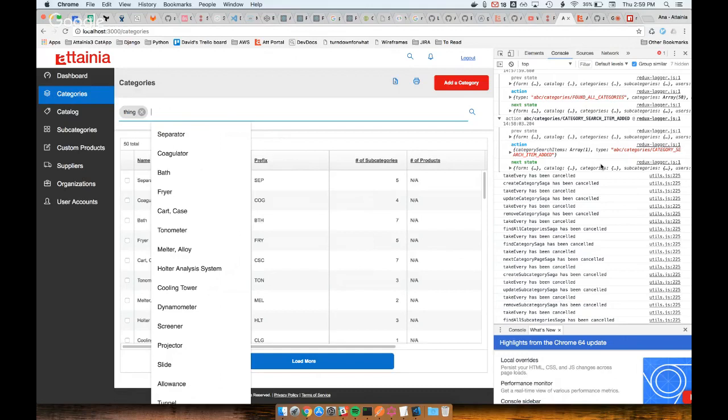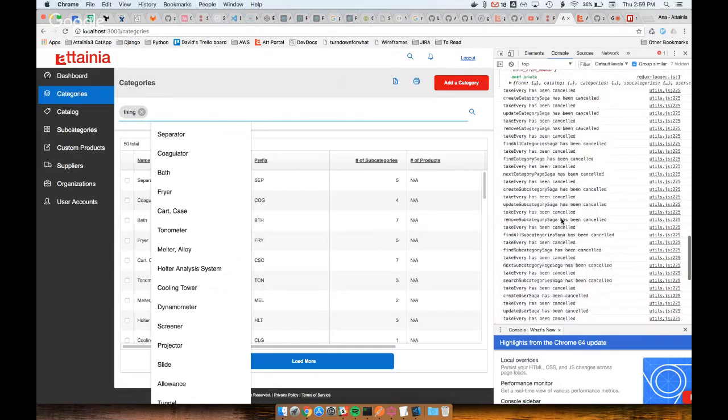Yeah. One thing I wanted to show is this category search item added action. There's a handler inside of the search bar that whenever a pill is added to this, it will start creating the action of category search item added. This actually calls another Saga to do a search in the API. Does that call Redux Saga? This calls a Saga, yes. But the reason this is so helpful is what I wanted to say is